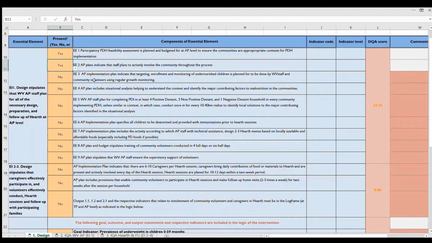And then the third one, AP implementation plan indicates that targeting, enrollment, and monitoring of undernourished children is planned to be done by World Vision staff and community volunteers using regular growth monitoring. Let's say yes, and again the score changes. So for the fourth one, let's keep it no, no, no, no, no, and